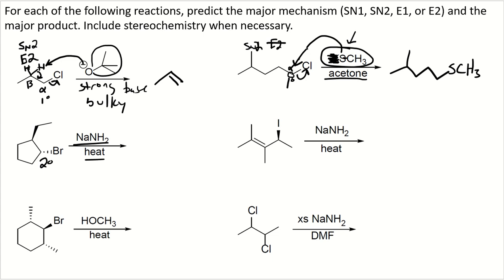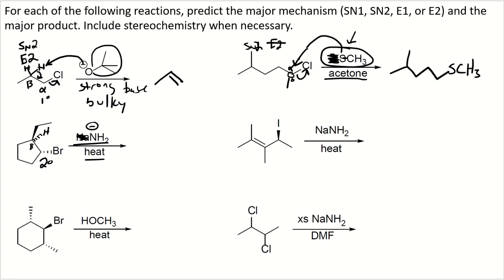Sometimes nitrogens can be nucleophiles, but the fact that we're heating this up is letting us know more it's elimination. Because we have sodium here, spectator ion, positive charge, we know this is a strong base, something with a negative charge. Because it's small, we would expect the Zaitsev product, which is eliminating to the more substituted beta